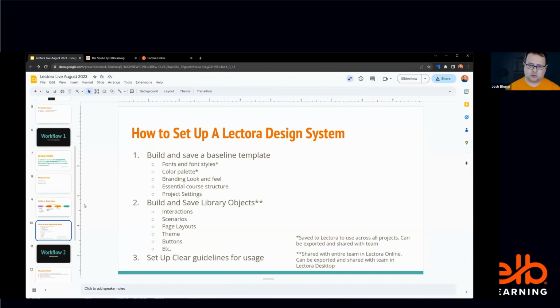So if all your courses are going to include a title slide, as well as objectives, as well as a conclusion slide that all look the same, or if you're going to use the same type of test every single time, you can include all those things in there, and also save